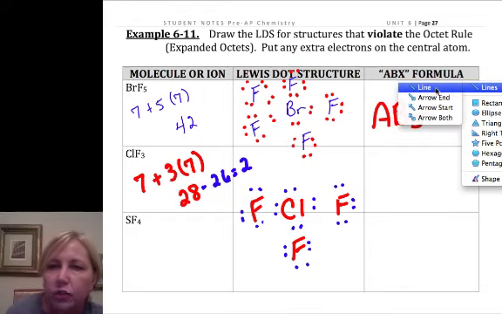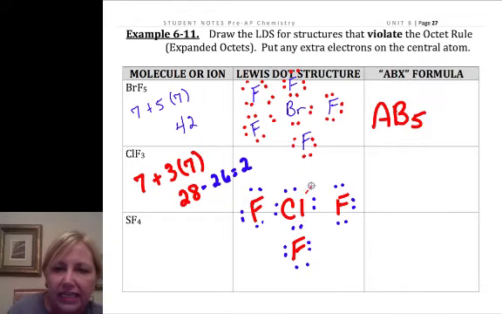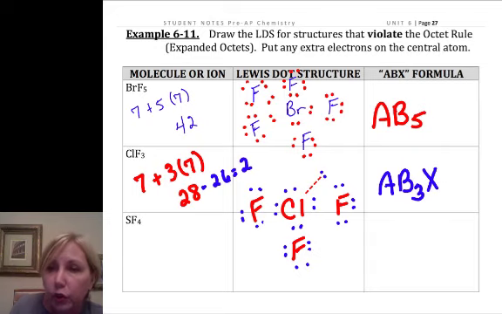What I like to do when I have 2 left over is put a little line in there to show that they're on that central atom. Otherwise, it can actually get a little messy in the center there and it's hard to count. So I have the central atom that is chlorine. I've got 3 fluorines. And I have 2 non-bonded pairs on the central. We only count them on the central. So I've got that